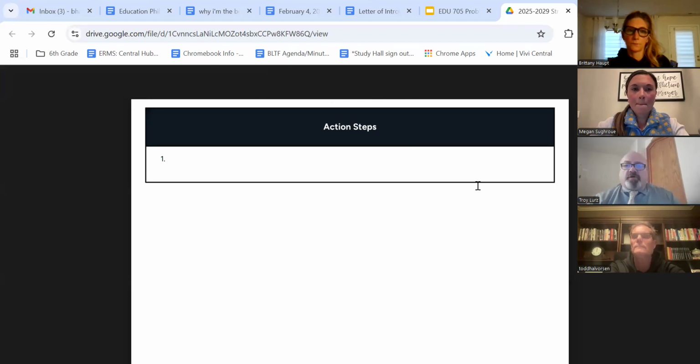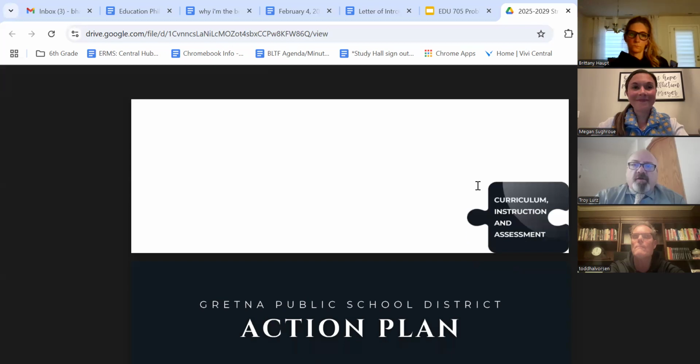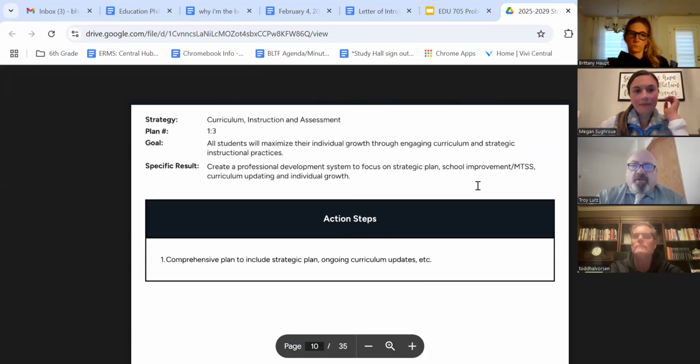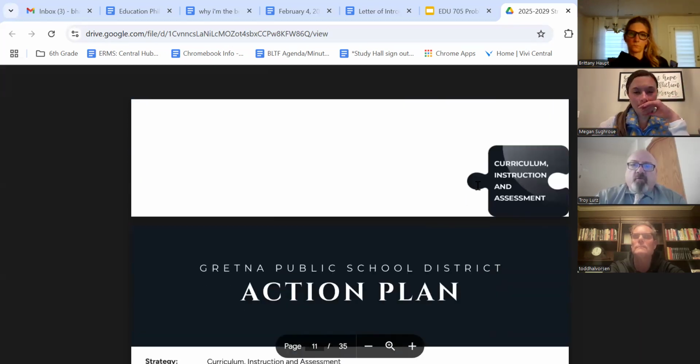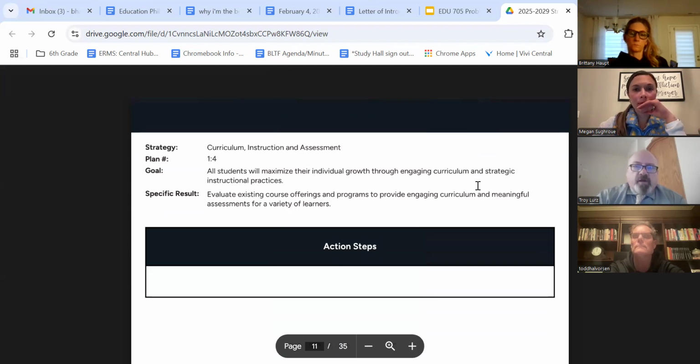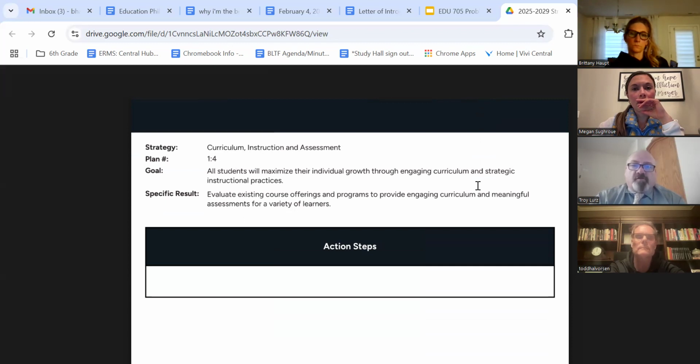What's really important to remember, for those of us that were hot off the school improvement class, is that the school improvement plan and the strategic plan are different. However, when we talk about the stakeholder groups, we need to remember that we're trying to encompass as much of a stakeholder population as we can in those conversations. And so Gretna's plan does a great job of setting the table for that and allowing you to differentiate accordingly. So I like the fact that the action steps are there, but those have to be filled in as you're working the subcommittee. So I do like the way that plan is set up.